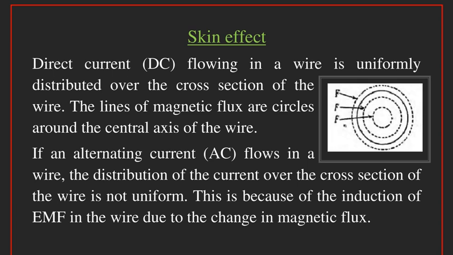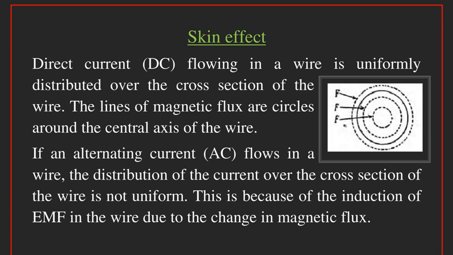and these magnetic fields are in the form of concentric circles around the central axis of the wire. In the case of DC, the current passing through the wire is a constant in time, and so these magnetic fields are also constant, and the magnetic flux passing through any area of the conductor is also a constant. As the flux is constant, there is no induction of EMF when DC passes through a conductor. But what happens when an alternating current is passing through a conductor?